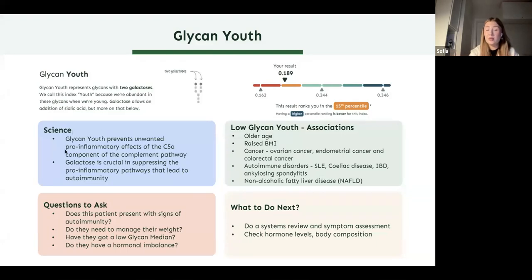If we are going to be talking about the science of it, and you don't really need to understand that in that much detail, but if you are interested in understanding the mechanistic effects of glycans, I'm just going to say a couple of sentences about this, and then we'll move on to more relatable and digestible things. What the glycan youth, or the glycan with the galactose, does is it prevents the unwanted pro-inflammatory effects of the C5a component of the complement pathway. All you need to know is that the complement pathway is one of the ways that our immune system works. And if this system works more than it should,